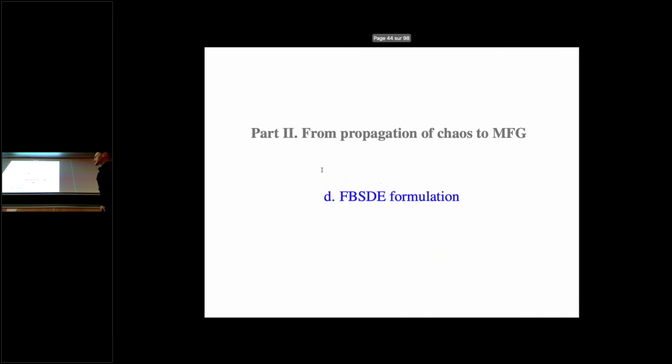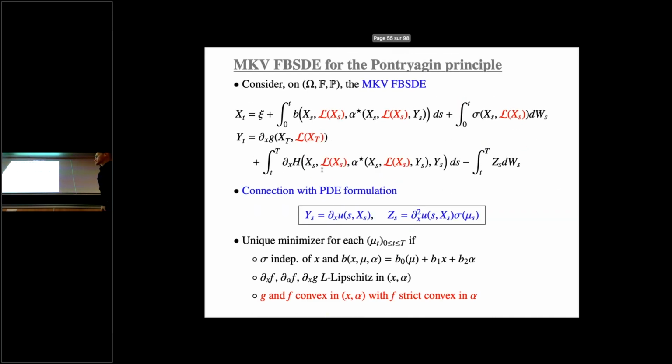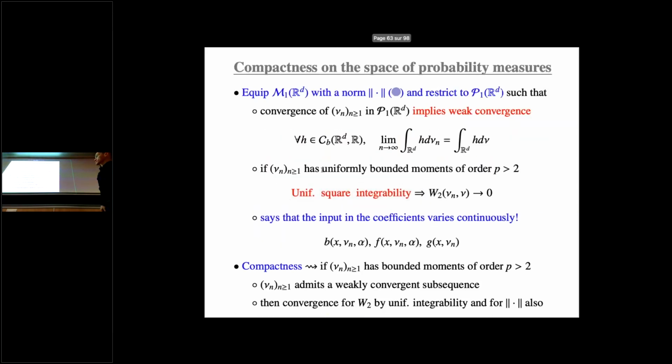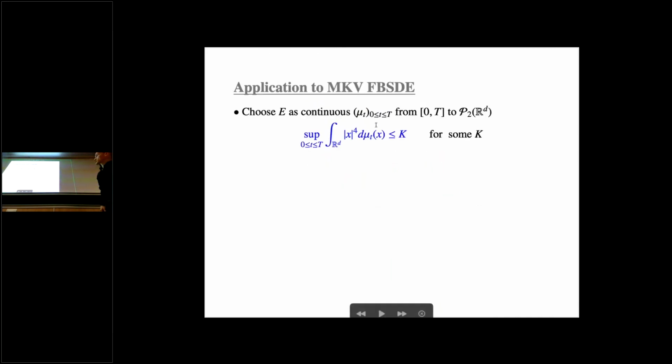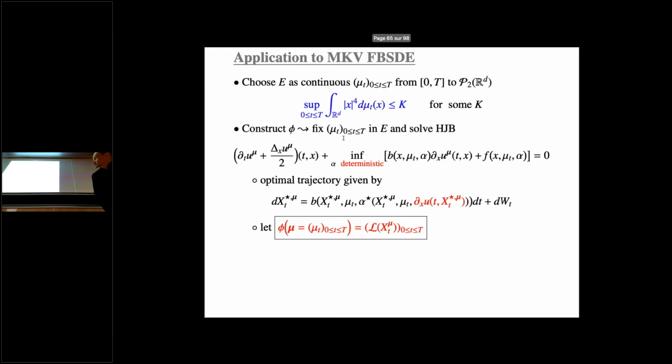So come back to the proof. This is what you have here. So I'm going to restrict myself to probability measures such that I control uniformly the fourth moment. Okay, this is one way. Once again, you can forget the power 4. The message is that I want to control the tails uniformly with respect to the input mu. So I am focusing on those paths mu t. This is the message out here.